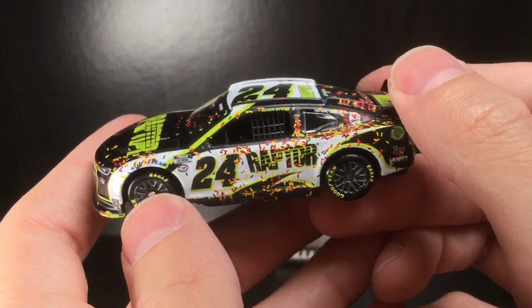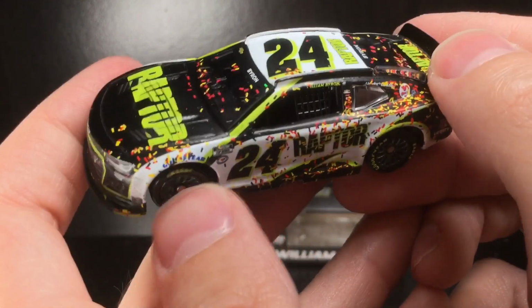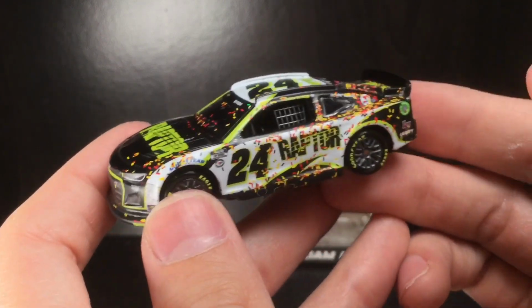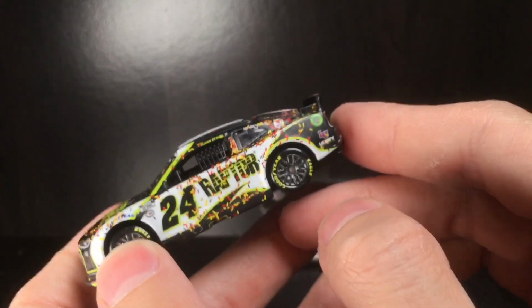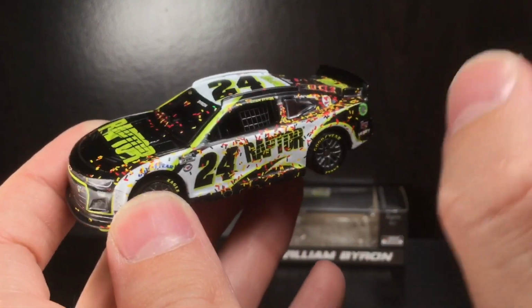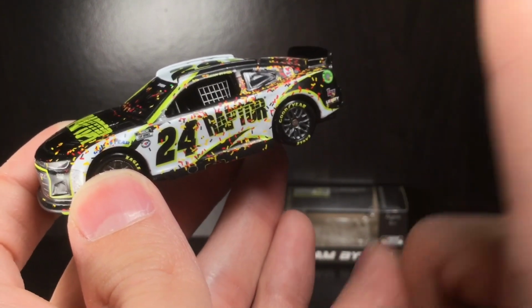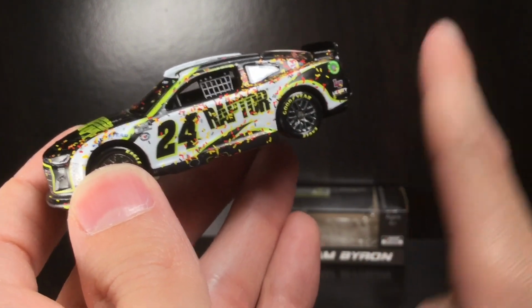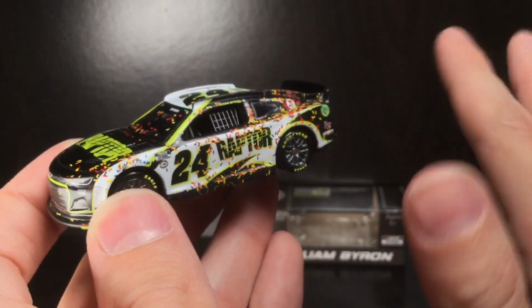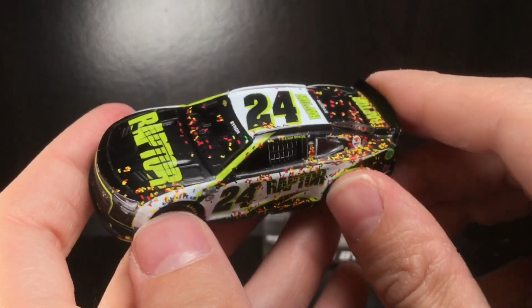But my point is that William Byron, if you're a collector of him, you can probably get every single one of his Cup wins, except maybe for the Atlanta 2023 rain-shortened one. You might have to get that one custom made. And I've been thinking about it now. The last rain-shortened win I can think of was 2015 Dale Jr. Phoenix. I think they made a raced version 1/64 for that. So maybe I'm missing some obvious ones here, but I think that's the last rain-shortened raced version to get made,